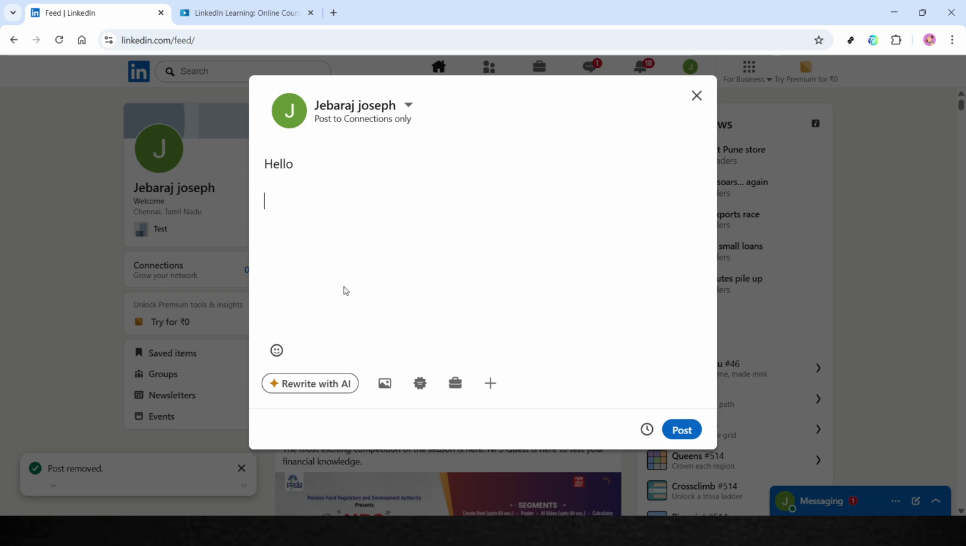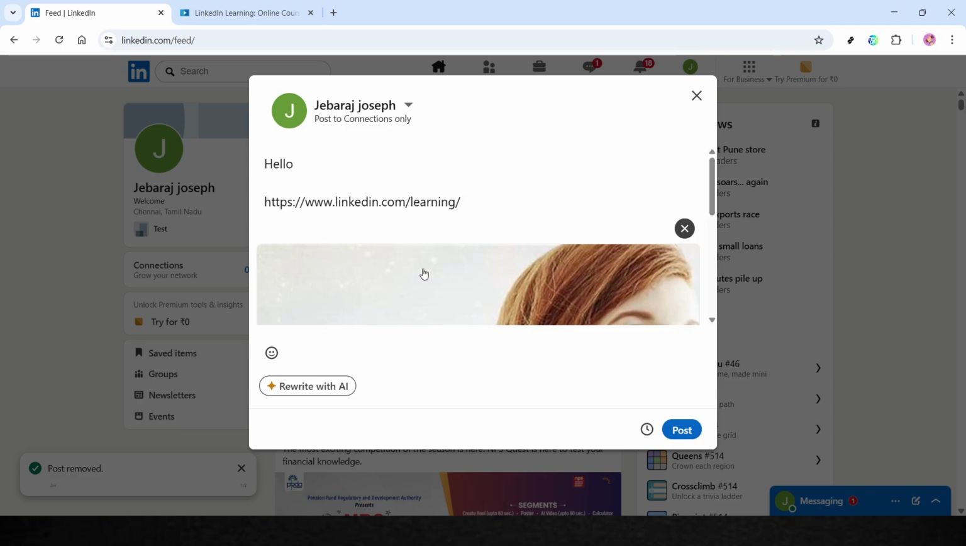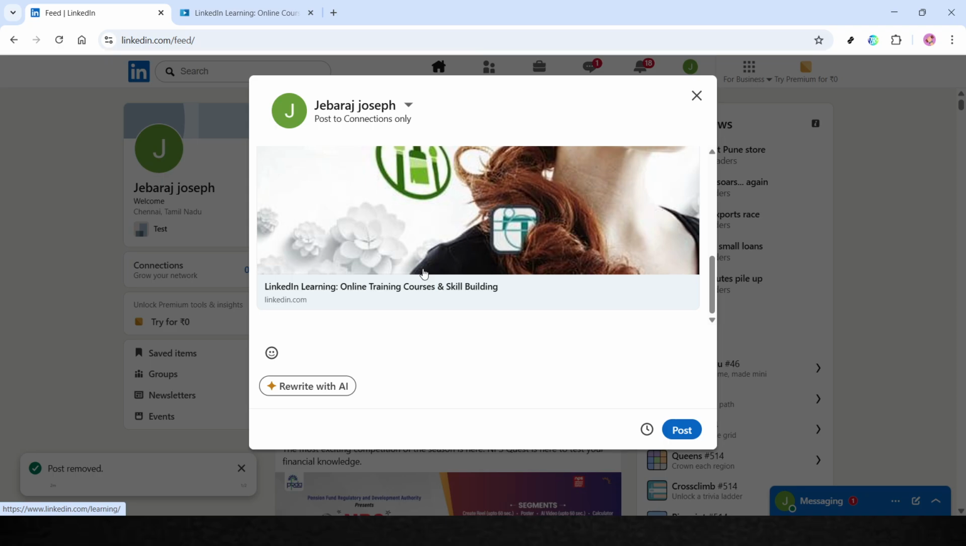Head back over to LinkedIn and paste the copied URL directly into the body of your post. LinkedIn's platform is designed to recognize URLs easily. As soon as you paste it, LinkedIn converts it into a clickable hyperlink. This convenience means you don't have to do anything extra, as LinkedIn manages the heavy lifting for you by making